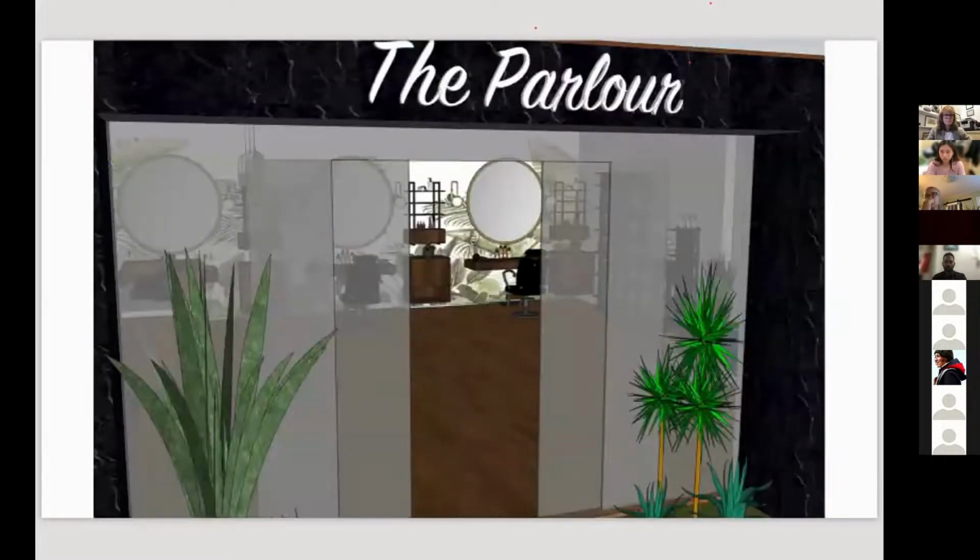Yeah, that's the exterior of the saloon that we were seeing. Yeah,